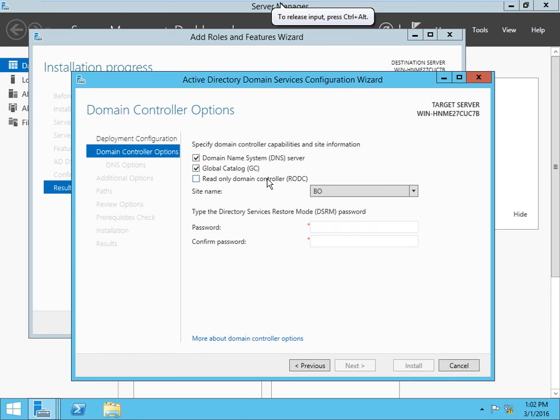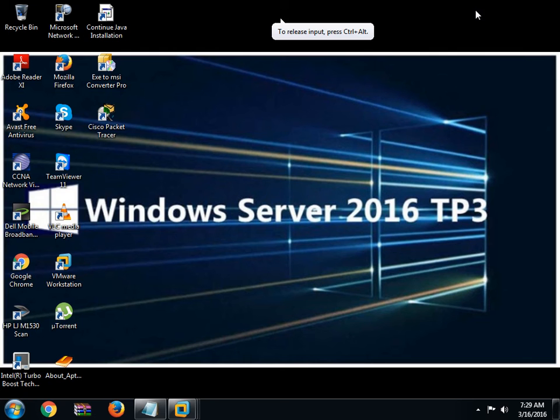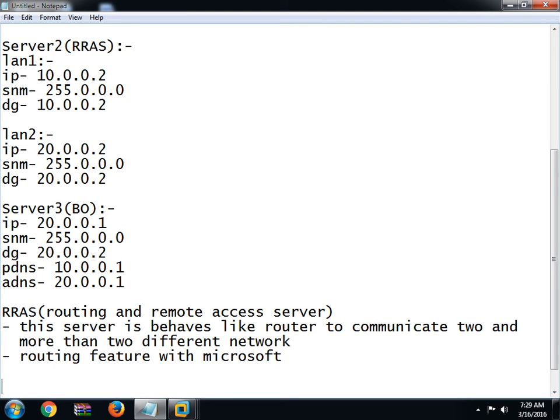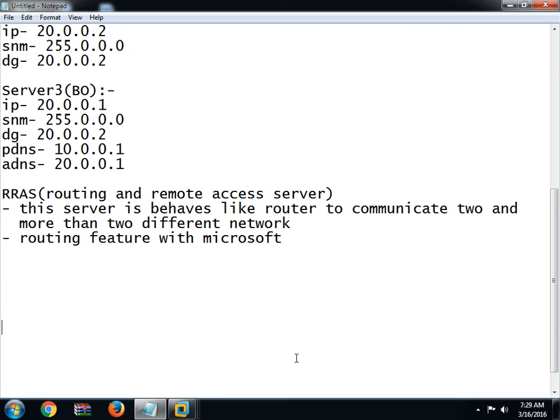Make this branch office a read-only domain controller. What is a read-only domain controller? RODC, read-only domain controller. Suppose the head office is connected to Kabul and the branch office is connected to Jalalabad.